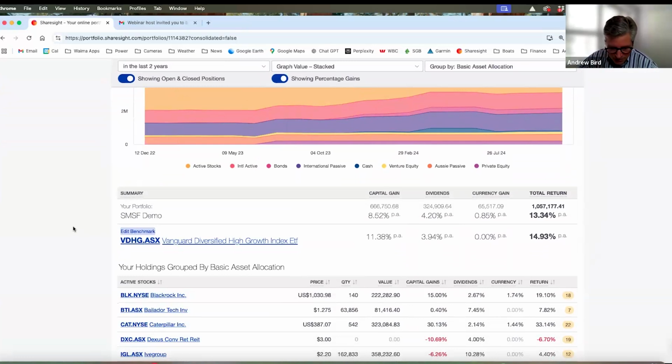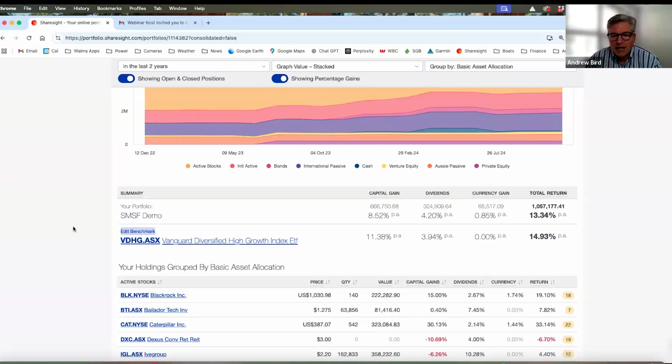So I'm not going to explain them in a huge amount of detail, but really more talk about how I do things. Hopefully I'm not going to be skipping too far ahead, but obviously we have a lot of help on some of these features if you're not familiar with them. The other thing we're going to talk a little bit about is tax and compliance towards the end of this, but the focus really of what I'm going to talk about is how I use the portfolio to run